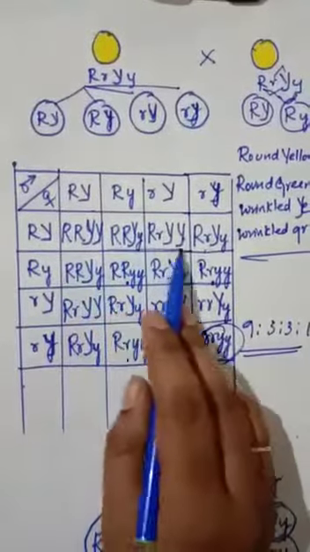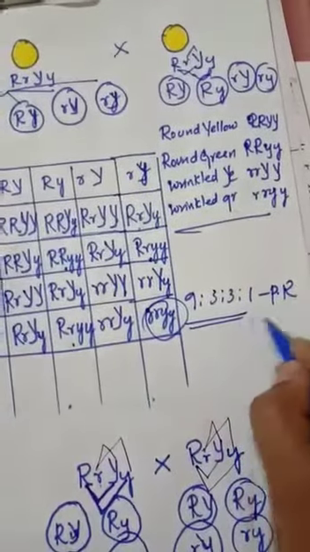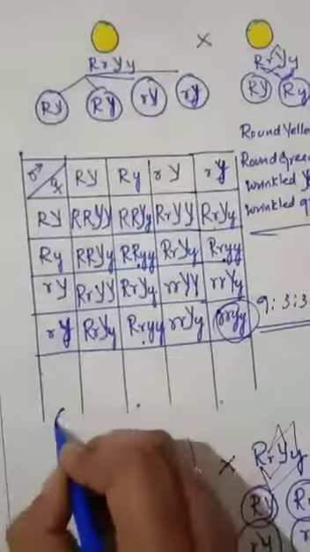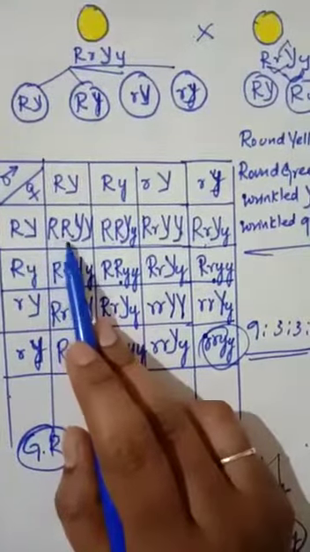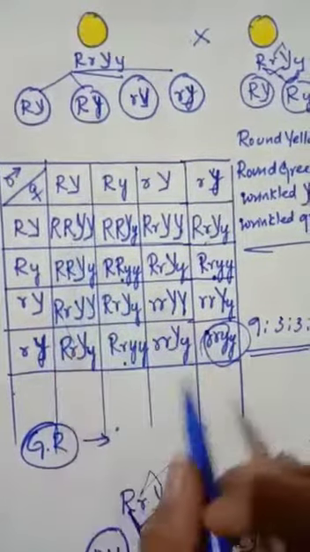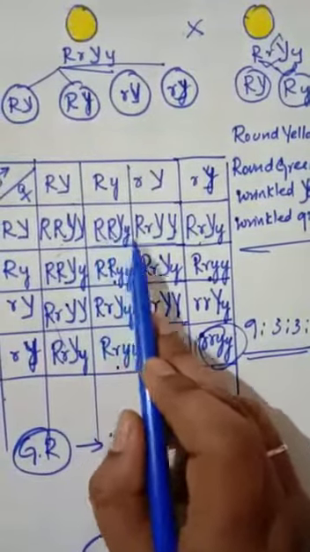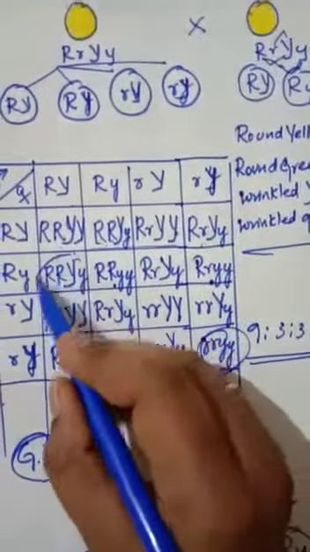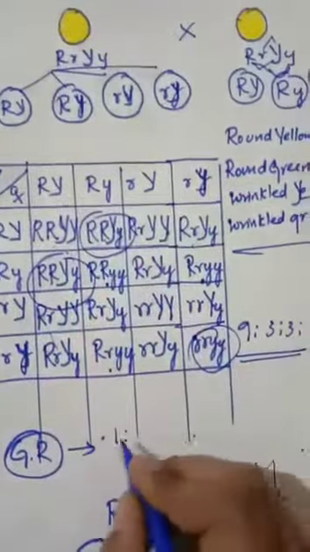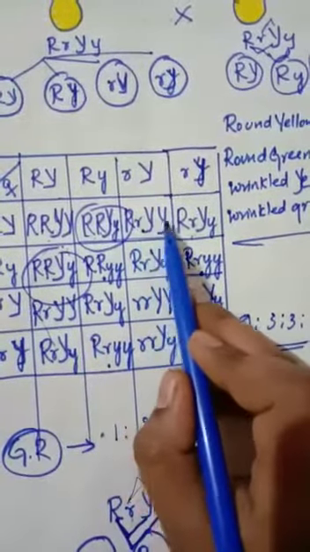Now the genotypic ratio. For genotypic, you know that there should be the same alleles of genes, right? So this is the phenotypic ratio, while the genotypic ratio we will understand somewhere here. I'll write it. So 1. Like this, did you find any genes similar to this? No. So it is only 1. Like this, capital R, capital R, capital Y, capital Y. Did you find it anywhere? Yes, it is there, so this one and this one. Okay, so totally it is 2. Next, like this, capital R, small r, capital Y, capital Y.